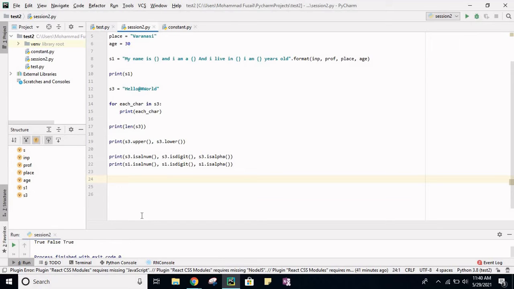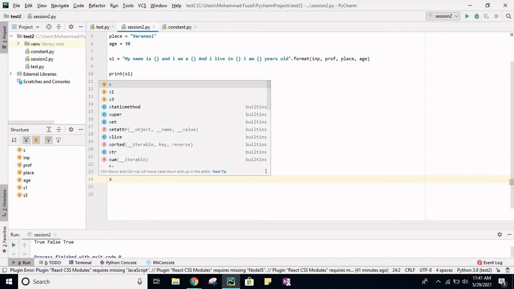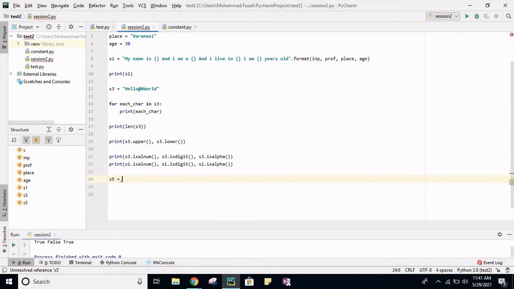As I said, S1 has spaces. Now let's say I want S5, something which will have all those characters but not the spaces in between. I want to get all those sets of characters which are separated by spaces.